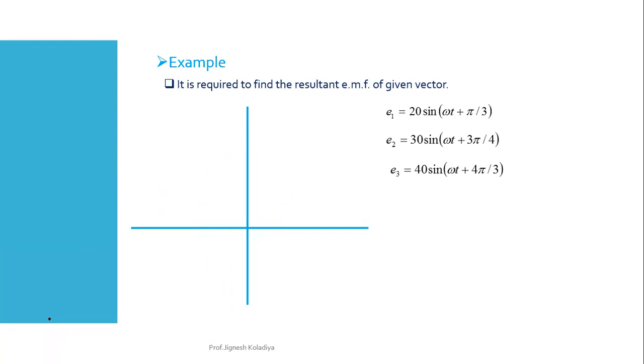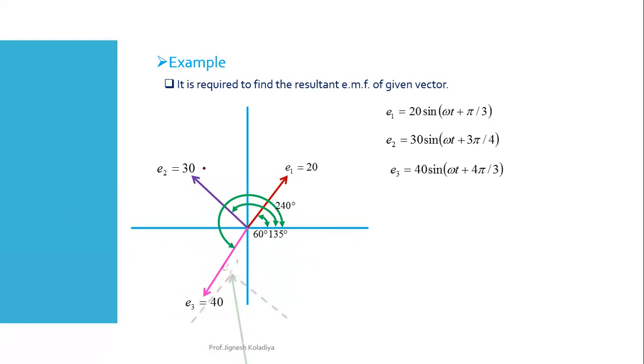Now there is no necessity that you have to draw at exact angle. 60 degrees means 60 degrees only. It's not like that. In exam, you can just draw the vector like this and just mention that yes, it is at 60 degrees. Okay. So first of all, draw all the vectors. Then I'm taking E1 and E2, add it with the parallelogram method. Then the resultant with the remaining vector,